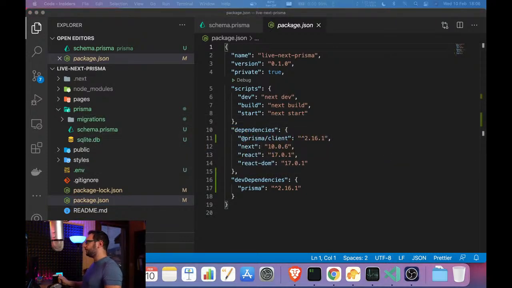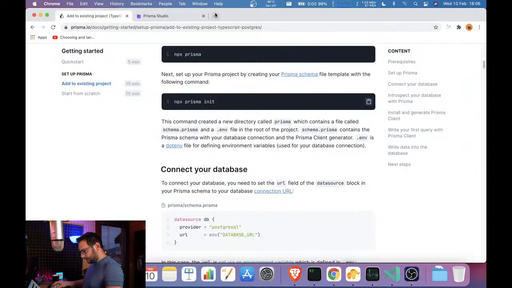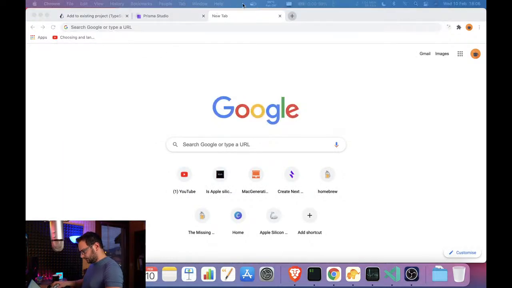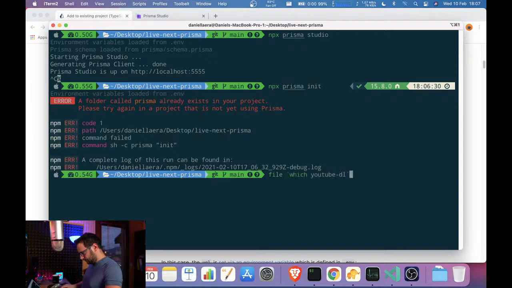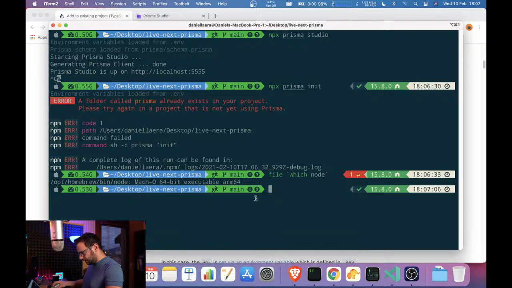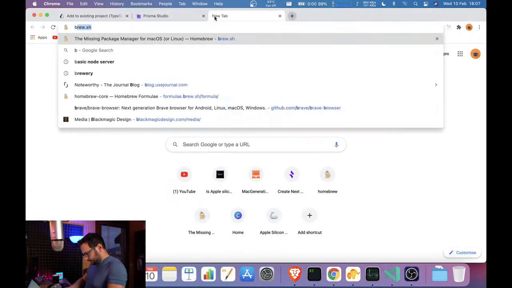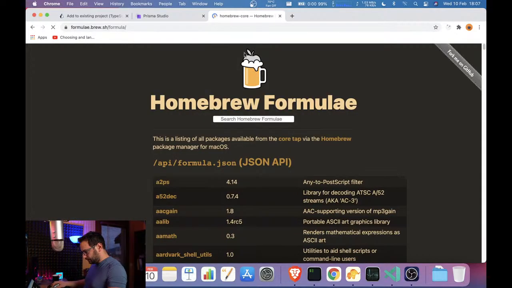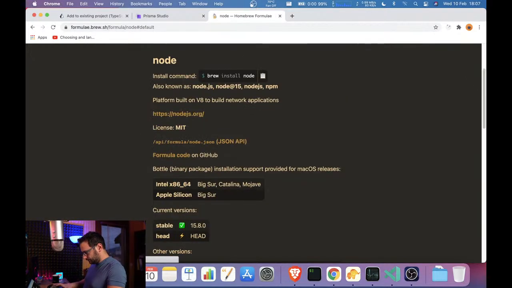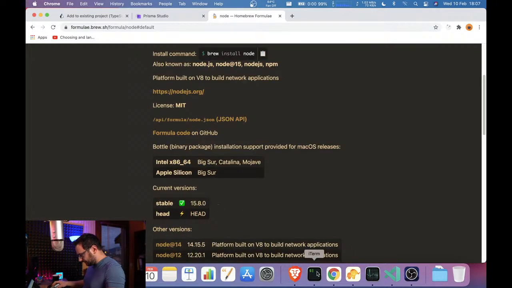Which Node.js version do you use? I'm using the latest version, the ARM64. 15.8.0 is no longer the x86 version for Intel, but if you go in the Homebrew package you can find the latest version. 15.8.0, yeah, that's what I have.